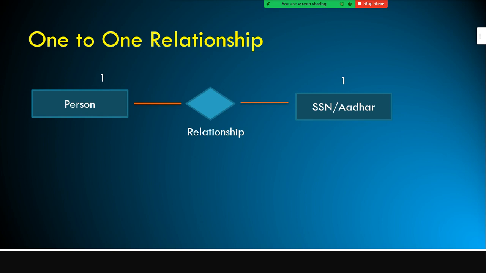Let's say each manager, project managers are given a separate cubicle in an office. Each project manager has an individual cubicle. Each cubicle is only occupied by one employee. This is another example of a one-to-one relationship. But in real life scenarios, you don't see one-to-one relationships in many cases. Most of the time you find one-to-many, many-to-one, or many-to-many relationships.